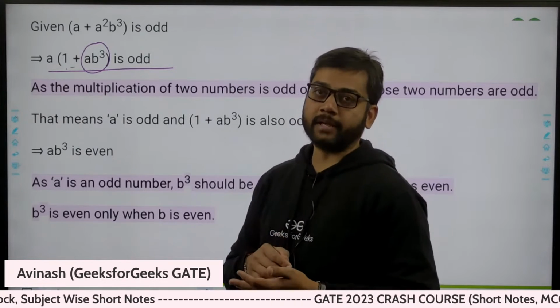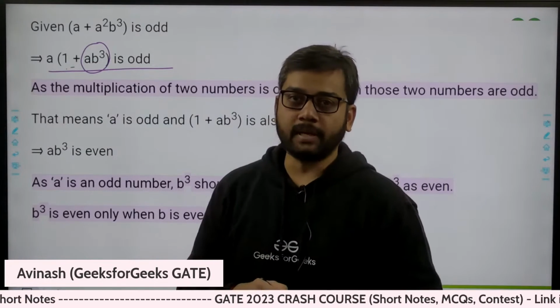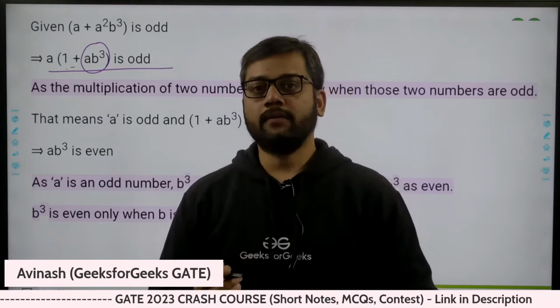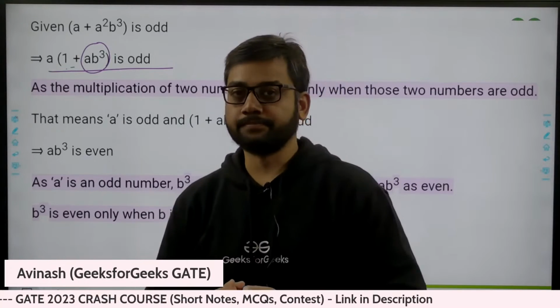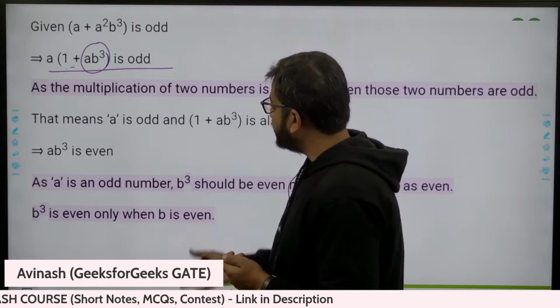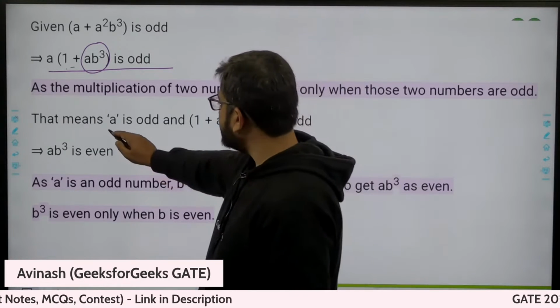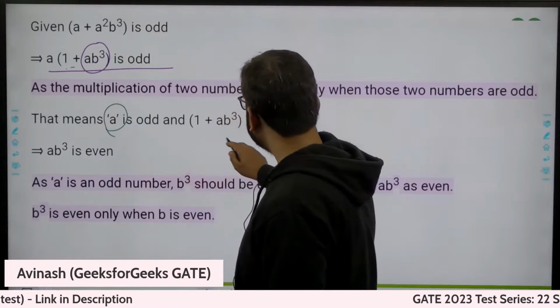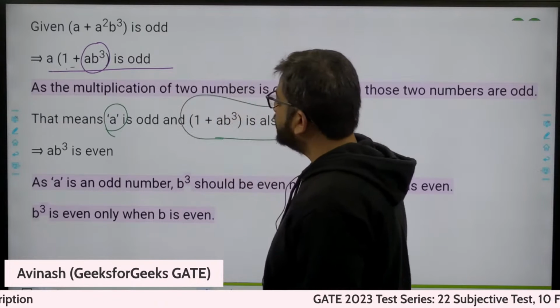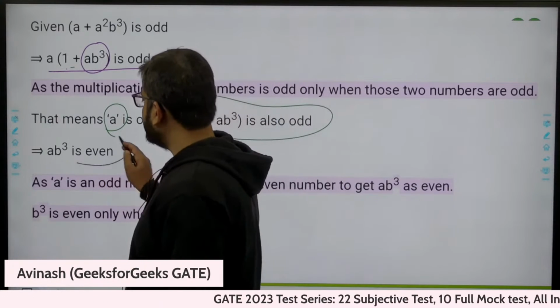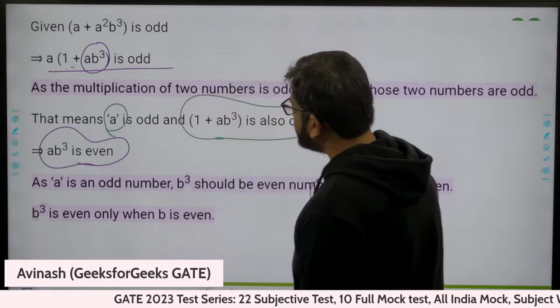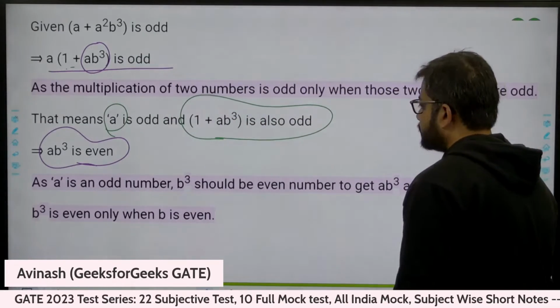Multiplying odd numbers will give you odd. Now here we only have to look at this part. It means a is odd and this one is odd also. So in that case this will be even. If a is odd, bq should be even. So by using this